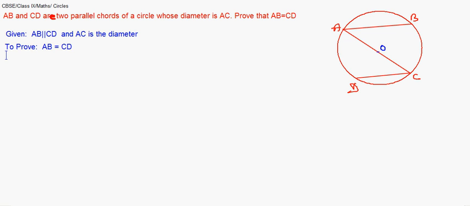To do so, we will have to drop a perpendicular from O to the side AB as well as to the side CD, and if I do so, my perpendicular would look like this. I name the points of intersection here as L and M. These are the perpendiculars which we have dropped, so you can write here under construction